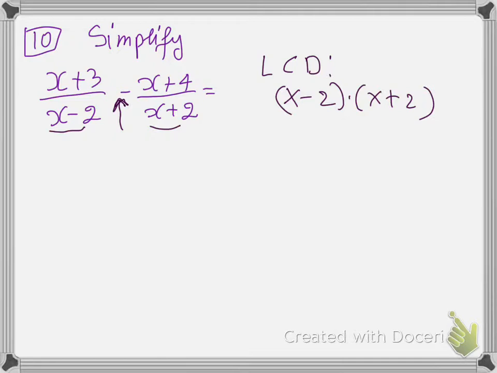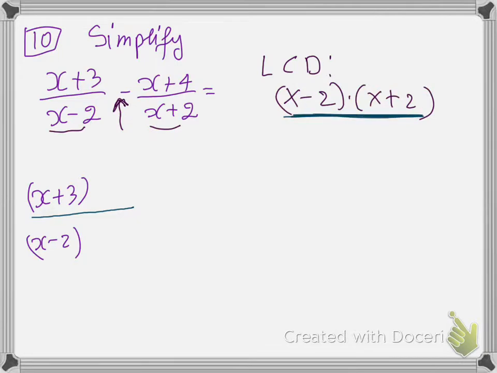So we're going to convert both fractions with the same denominator. So I'm going to rewrite this. We're starting with x plus 3 over x minus 2. And we need to make the denominator x minus 2 times x plus 2. So that means we're going to multiply the denominator by x plus 2. Once we multiply the denominator, we've got to multiply the numerator by the same number, x plus 2,